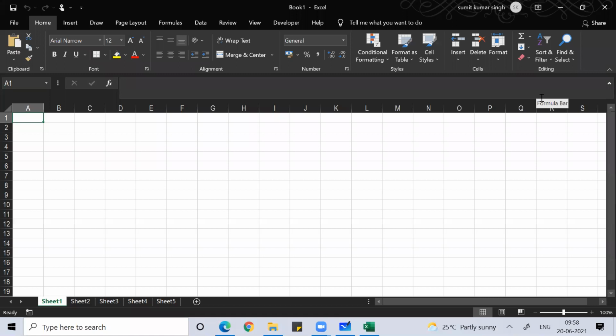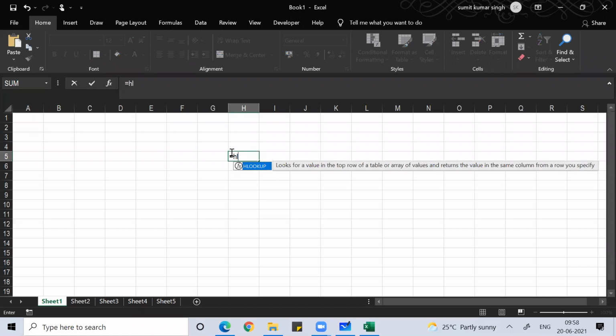So guys, I have taught you VLOOKUP. VLOOKUP we normally use on vertical data, and the same way you can use HLOOKUP also. HLOOKUP is the same as VLOOKUP. There's no difference. Lookup value, you know that. Table array, you know that. In VLOOKUP, you use the column index number, which column you want to pull the data from. In HLOOKUP, you use the row index number. That's it. There is no other difference.